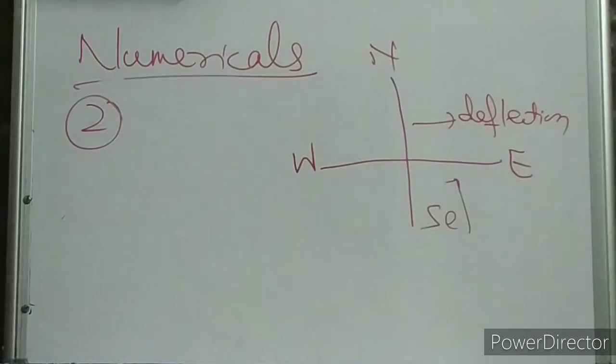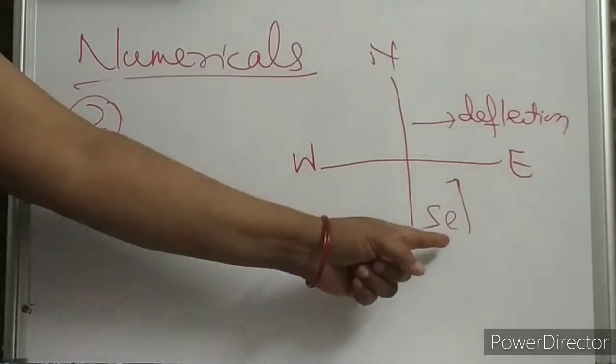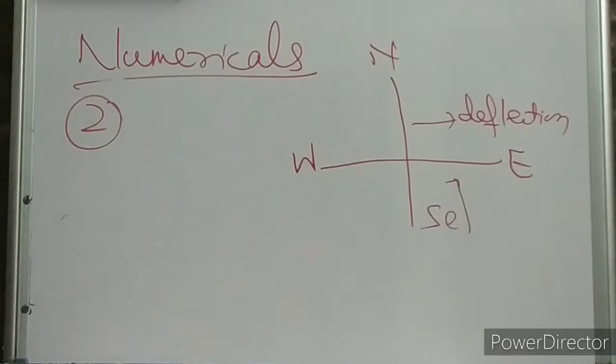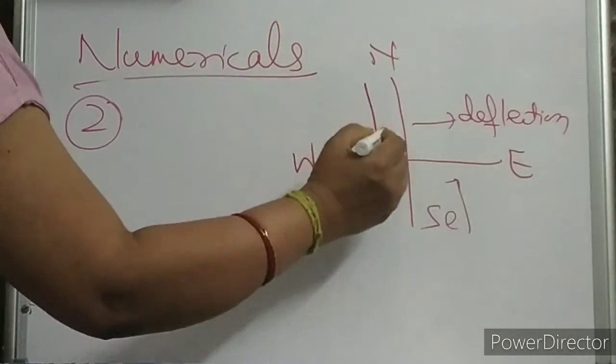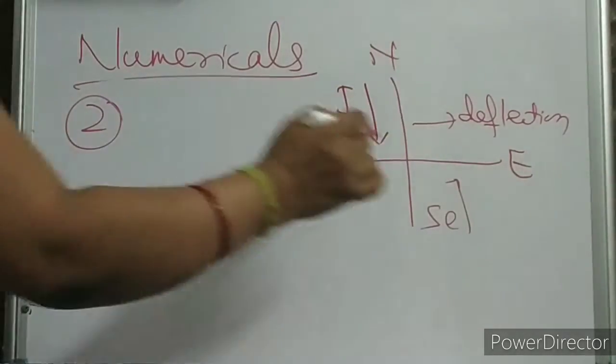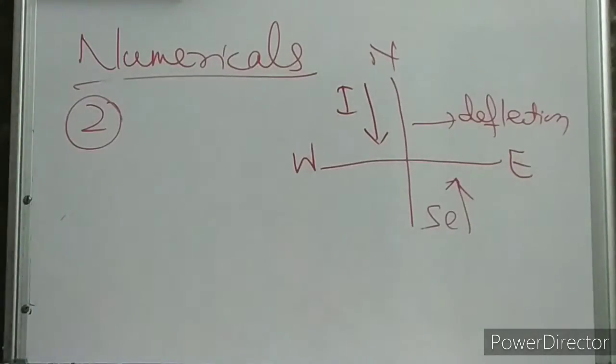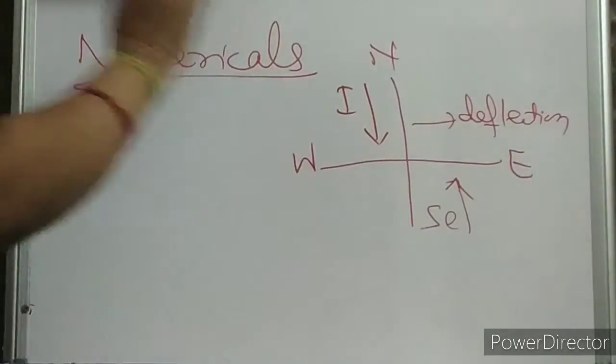Okay. So what is it asking then? It is asking to find the direction of the magnetic field. How to do? Which rule can you apply, children? So this is your electron moving. Immediately, without any thought, give the current direction.